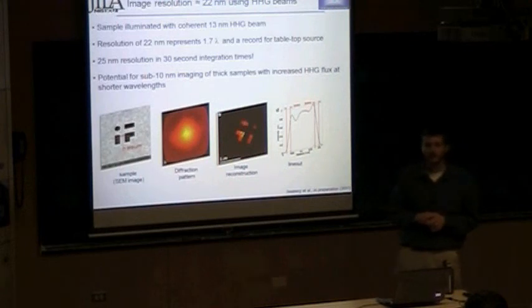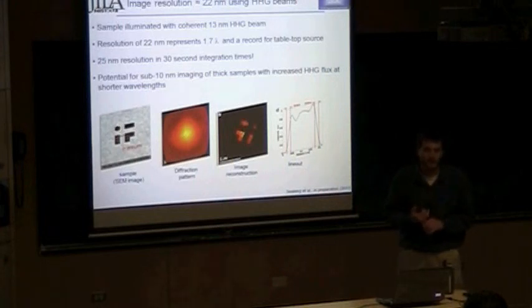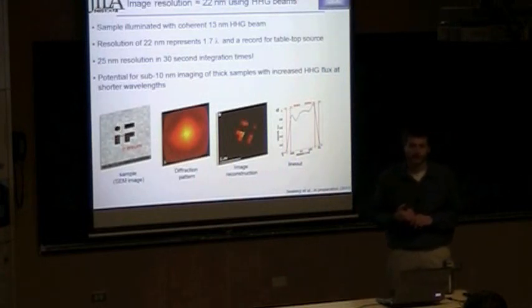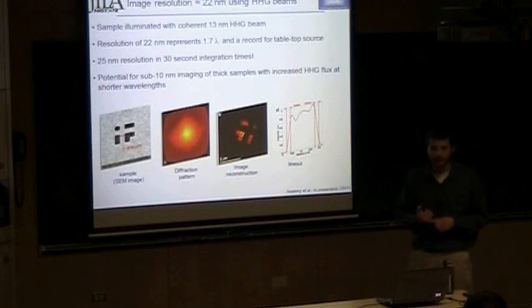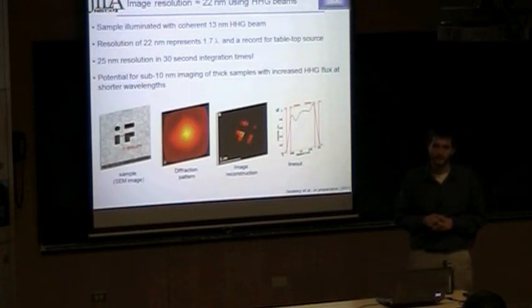I can't remember your optical setup. Do you have collimating optics after it comes out of the tube? No. We did at one point. I didn't show that result. Refocusing and collimating are difficult at these wavelengths. We have a multi-layer mirror that was made at Berkeley, and we were able to refocus the short wavelength light. By then it's kind of astigmatic, just the geometry we had at the time. Pretty hard to get materials at that wavelength.